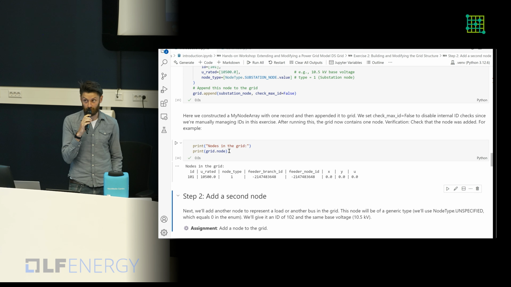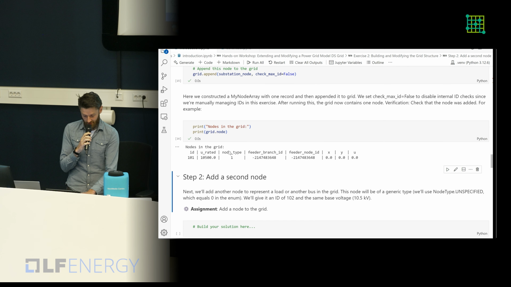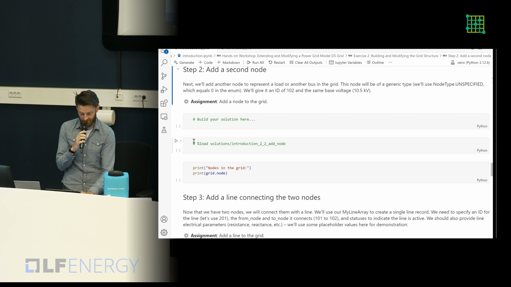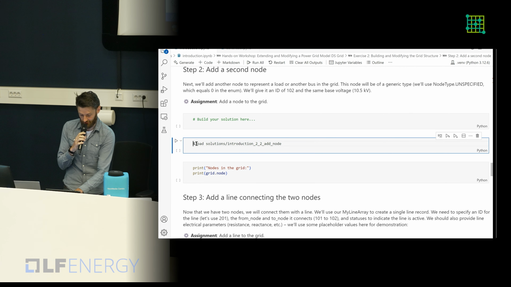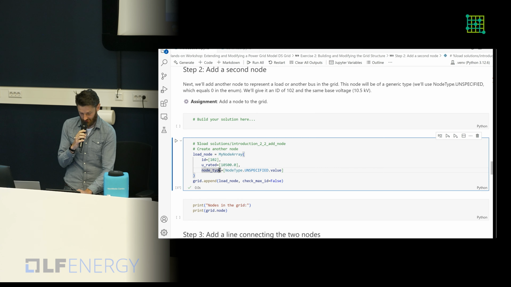Did everyone get as far as this as well? Or is it, okay, are you able to follow? If not, tell me. And we add a second node, so it's basically the same, but this is just a regular node. So one more, but in this case the node type is unspecified.